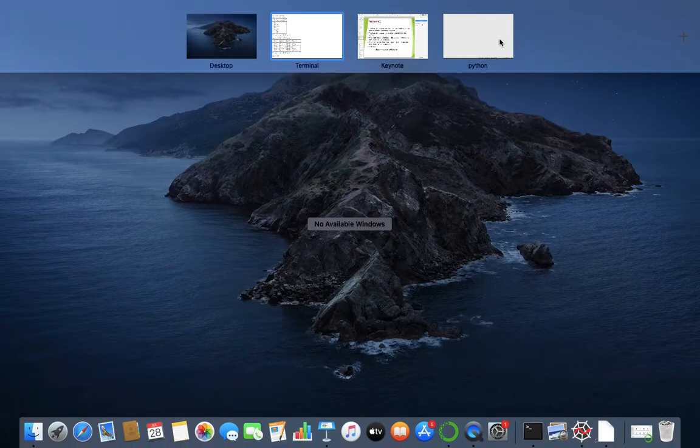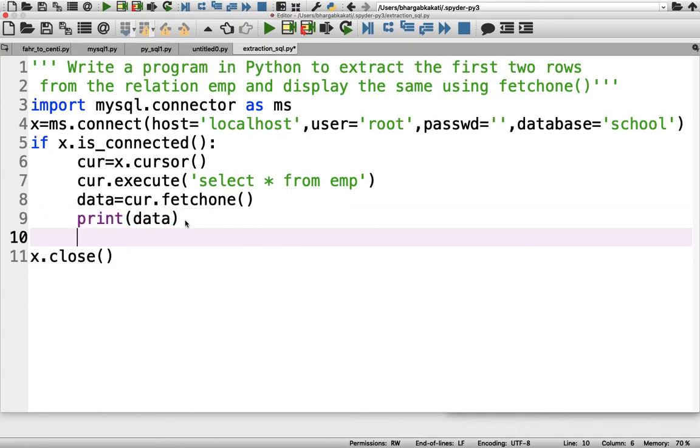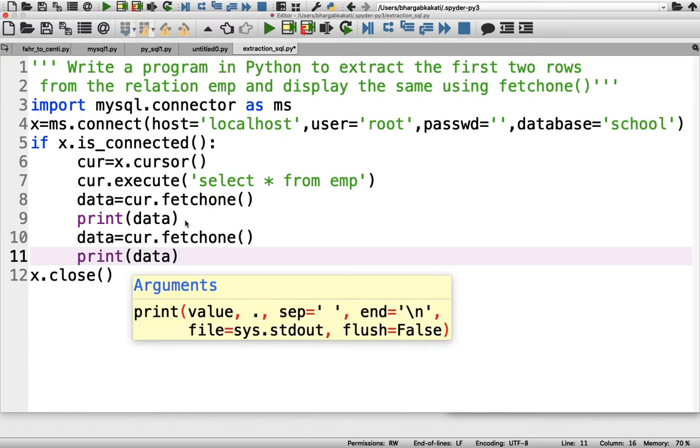Now the aim of this program is to extract the first two rows. So I can use these two lines again. Now the cursor is at the second row. For extracting the second row also, we will give this particular command again: data equals cur dot fetchone and then print data.